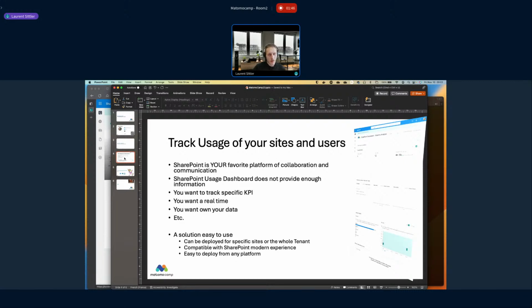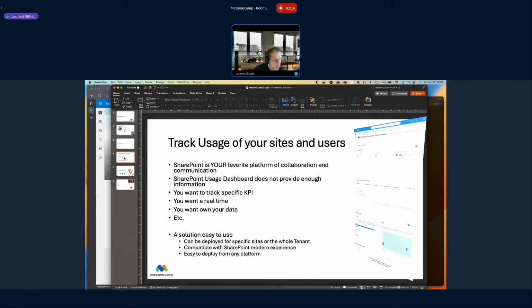The SharePoint usage dashboard maybe does not provide enough information for your organization. This is why adding analytics like Matomo can be really useful for your company, because maybe you want some specific KPIs based on SharePoint and your organization's needs, or maybe you want real-time usage on your SharePoint sites.